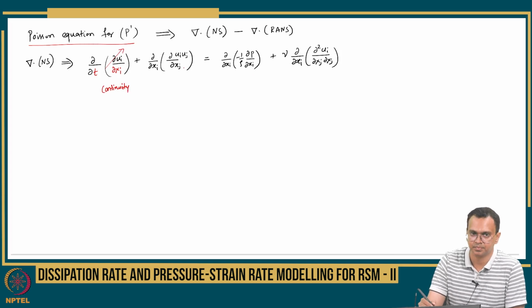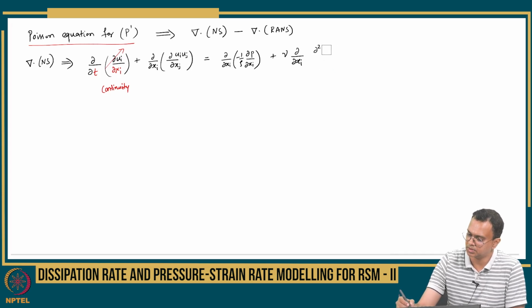This term survives, and then this term obviously survives. The last term, again, the same thing. I can first differentiate this with respect to xi. So if I rewrite this, actually